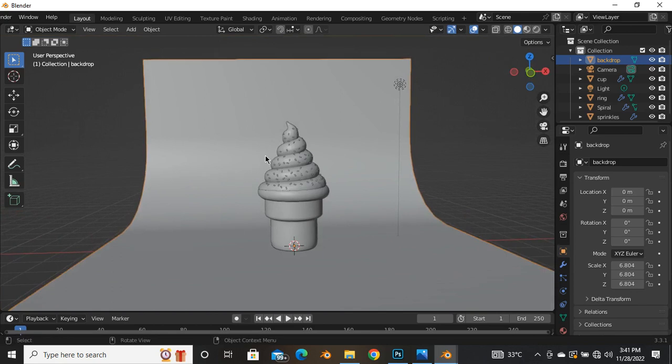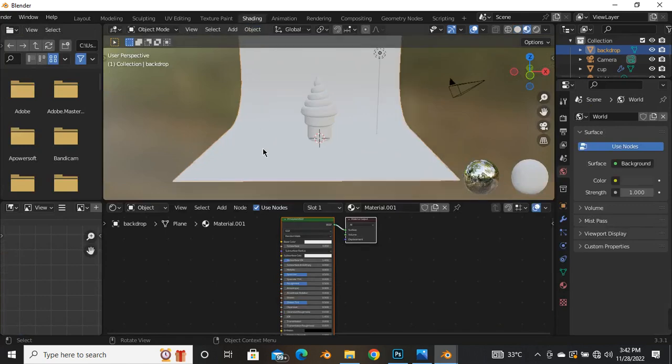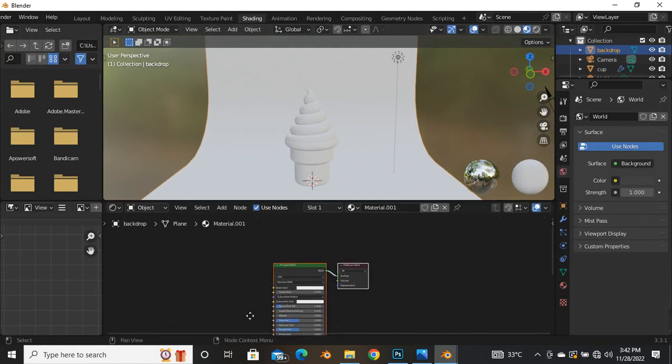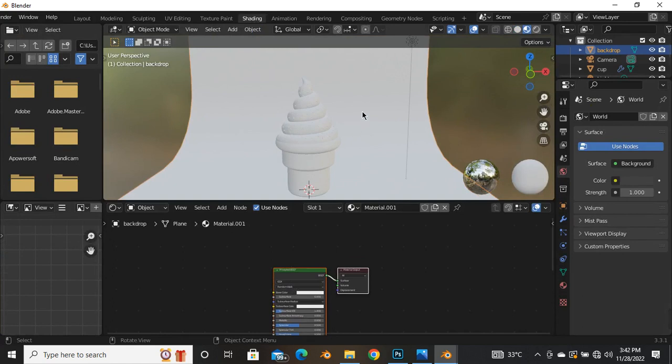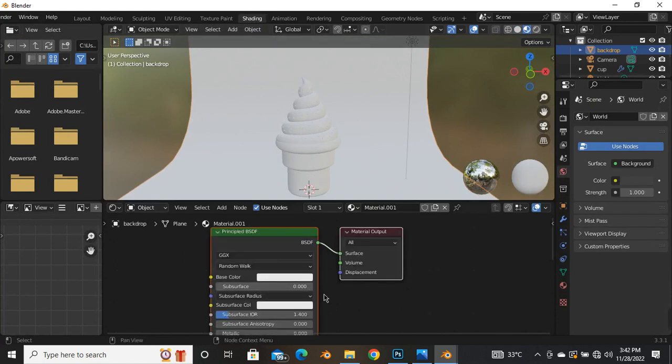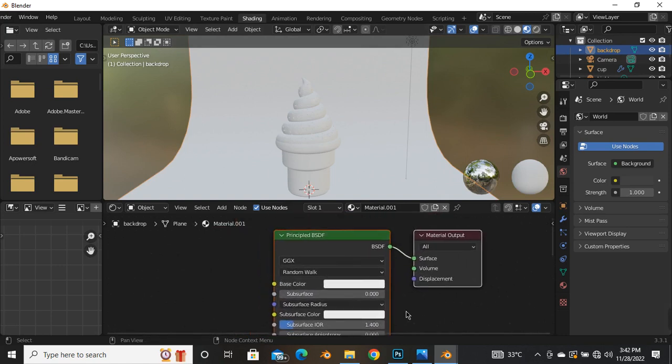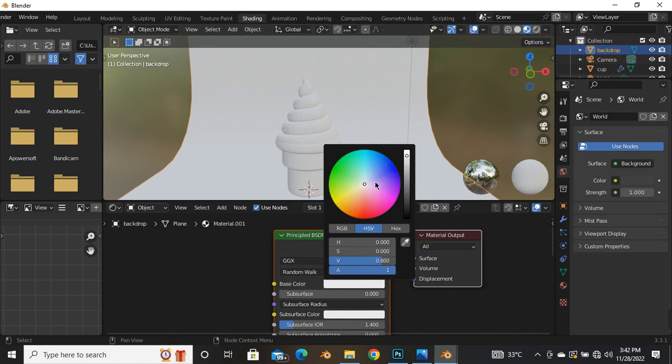But first of all, we'll go straight to our shading mode. So come to this place where we have shading and click on shading. And now we are in our shading mode. So we are going to just apply some color texture to all these objects here. First of all, I'll select this backdrop here, and I'm going to come to my node editor, my shadings node here, and I'll go to my base color and click on base color, and I'm going to make this kind of looking like